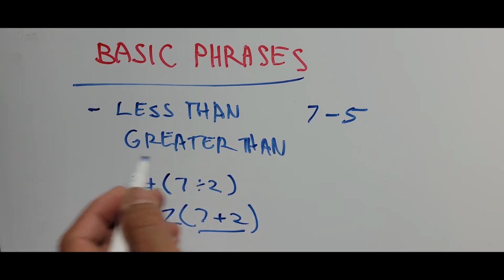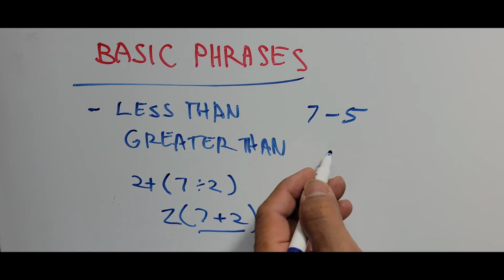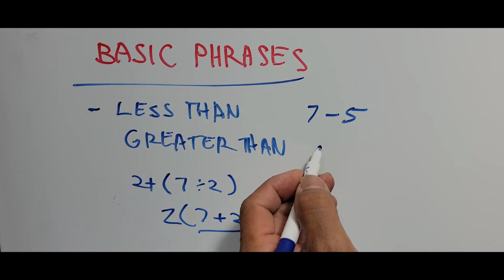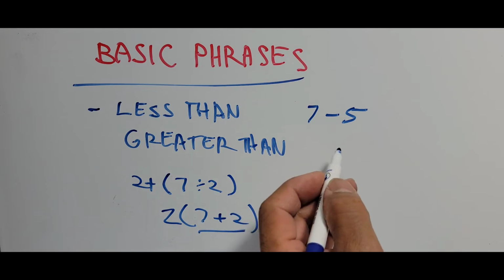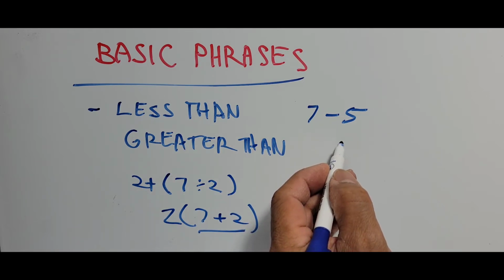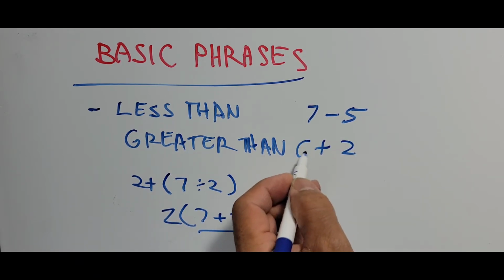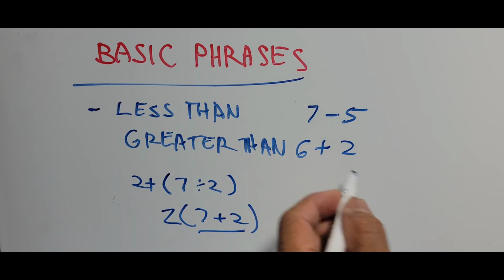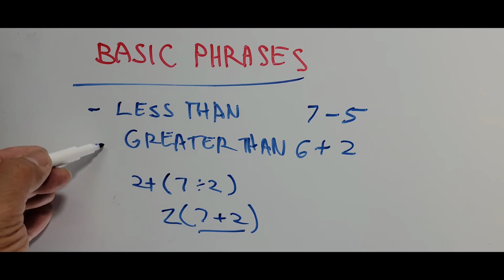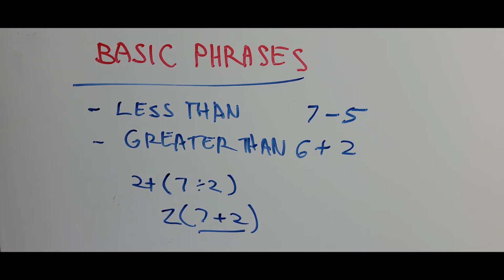That signals addition, right? So 2 greater than 6. That means addition. So those phrases signal the mathematical operation that we have to do to simplify the numerical expression. How about the sum of,